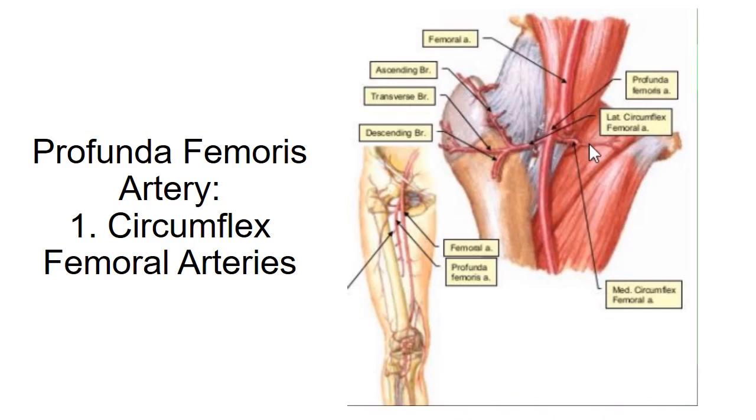The medial circumflex femoral artery terminates by dividing into transverse and ascending branches. Transverse branch of medial circumflex femoral artery takes part in cruciate anastomosis of thigh, whereas ascending branch joins the inferior gluteal artery. Inferior gluteal artery is the artery of gluteal region, which we will talk about in our next lecture. So, medial circumflex femoral artery supplies adductor muscles and head of femur.